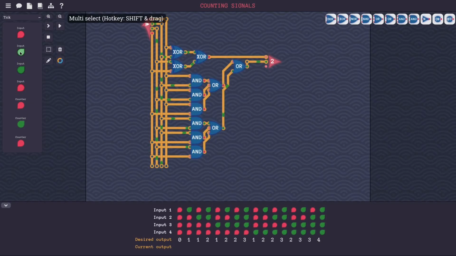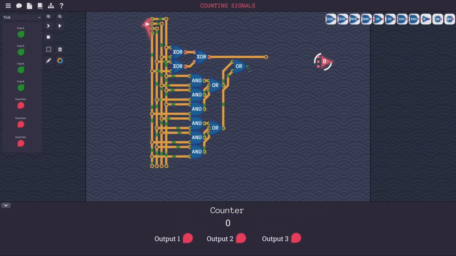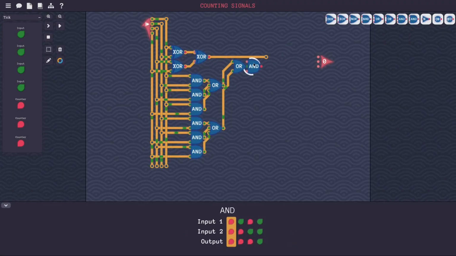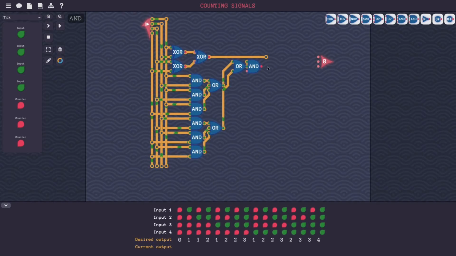So now, it counts to 3. And then it just goes back to 2, when it should be 4. Okay, so this isn't quite right. So this, let me move this out, should only output if this is true. I know this is gross, but